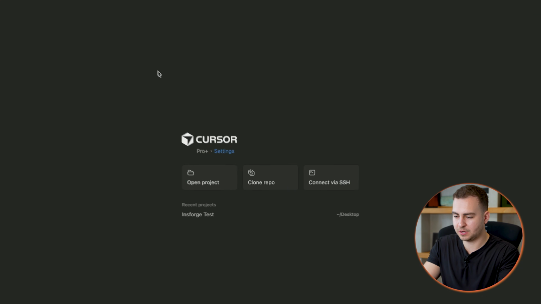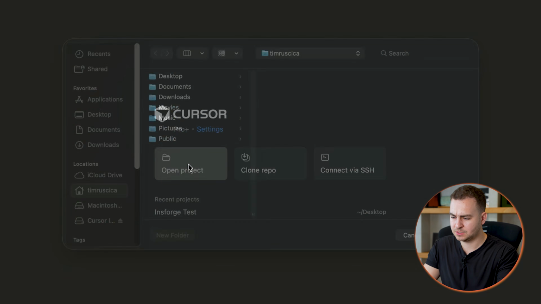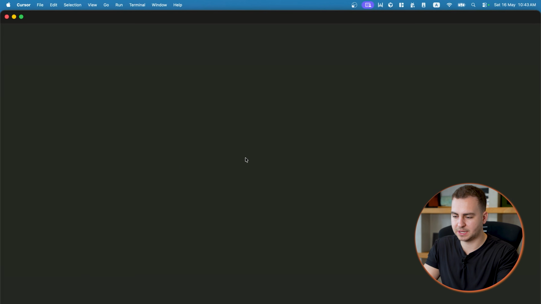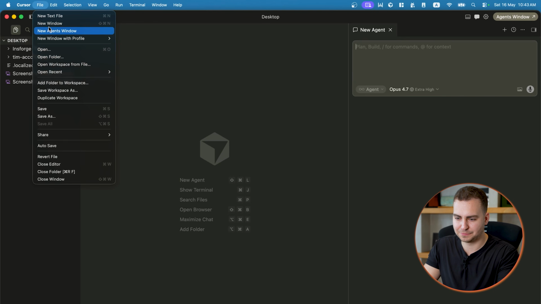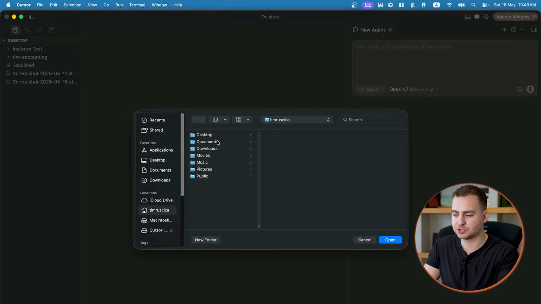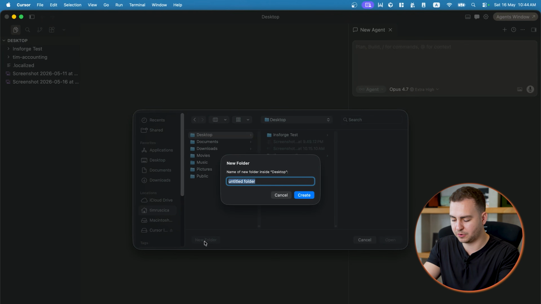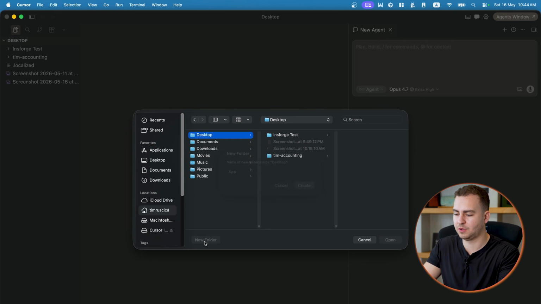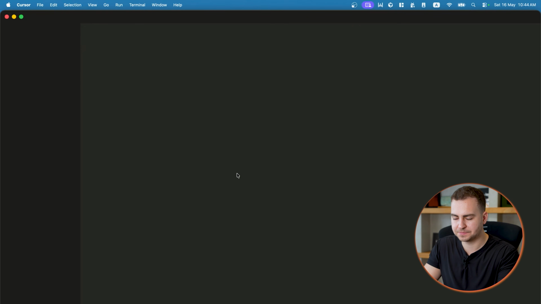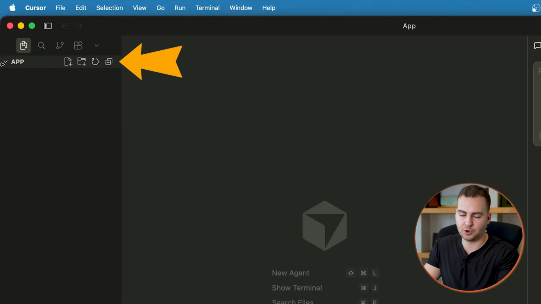Okay, so from here, what we're gonna do is just open a new project. So we're gonna go open project. You can just go to your desktop. That's not what I meant to open. Let's go File, Open Folder, and let's just create a new folder. So on my desktop, I'm just gonna call it app, whatever, call it whatever you want, and I'm gonna open this, okay? Now when I do that, you're gonna see that it kind of opens it in this